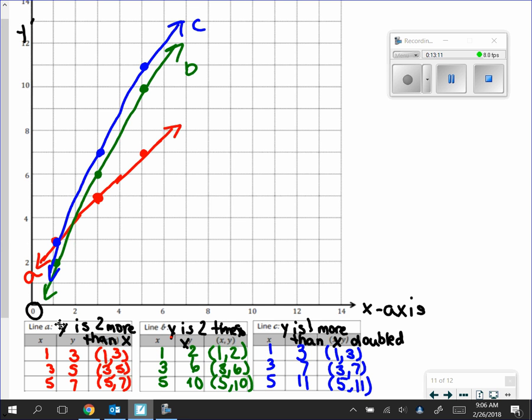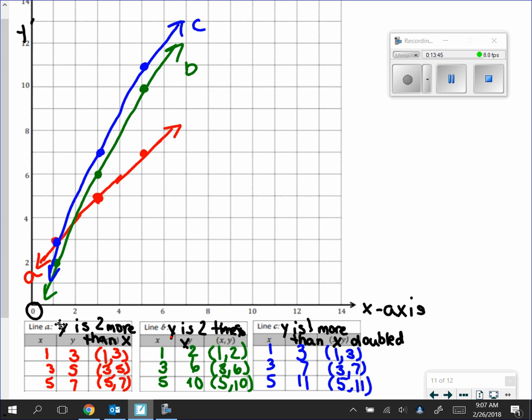So what you are going to do is you are going to receive your problem set, and on there it's going to give you the pattern rule, and you are going to come up with your own points, just like we did. You're going to come up with your own points and follow the line, and then it's going to have you